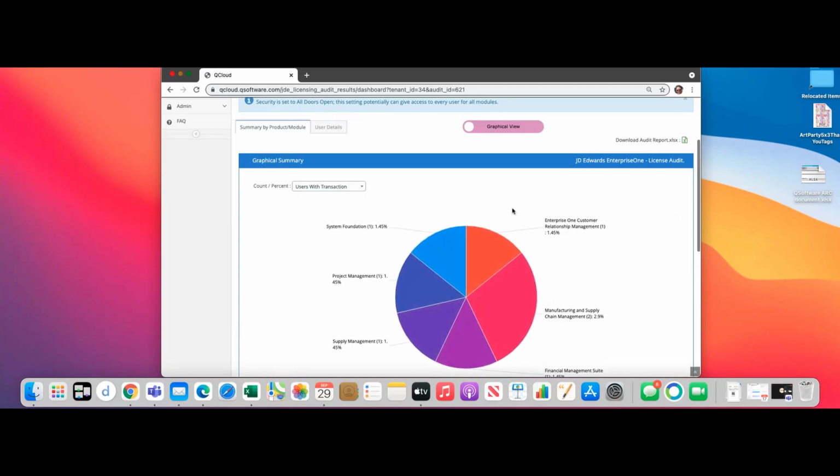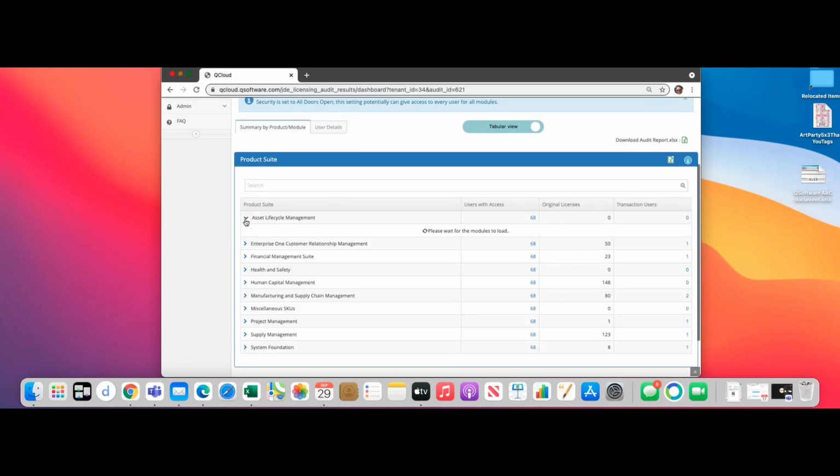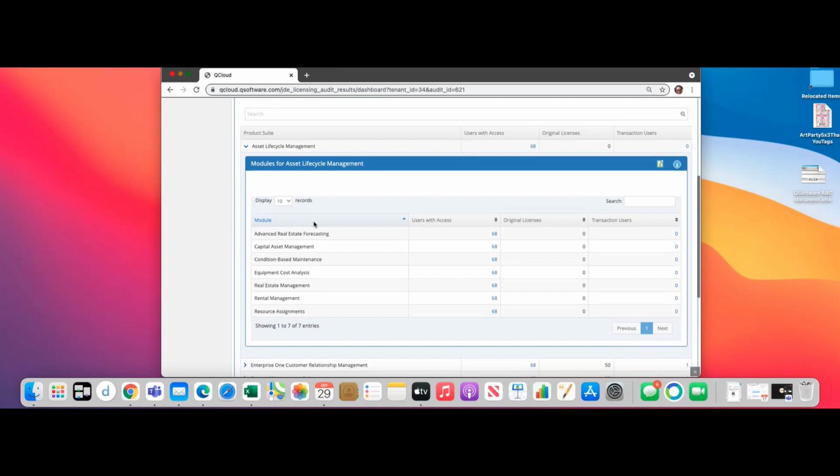This is just a graphical representation. The details come within what we've used before, that tabular view, which gives you the actual product suite, and then within each one of those product suites gives you the actual modules that you've been using. One of the things our design does is give you not only the header suite, so that you know within what modules you're using that larger suite of access,